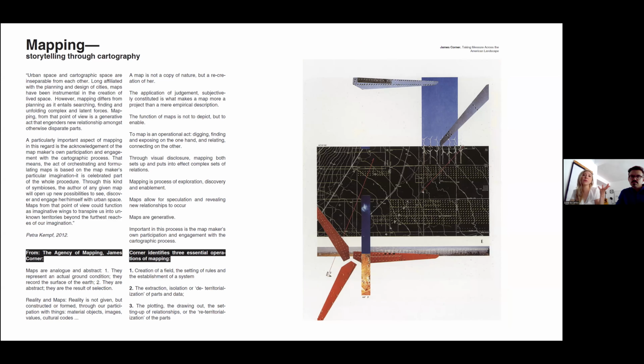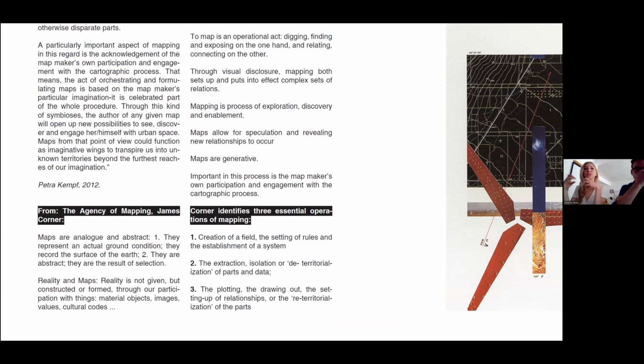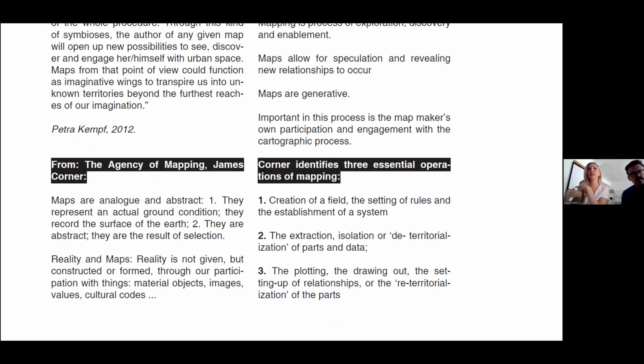And here you're seeing some of the maps, and this is actually a small note that we have prepared previously for Aura, and we wanted to also show you this. Maybe you already have it. If you don't have it, maybe you can take a screenshot of this right now. And here I want to read a small portion of this for the mapping, because James Corner is actually coming up with a kind of manifesto, and you can look at it in more detail. But he's talking about